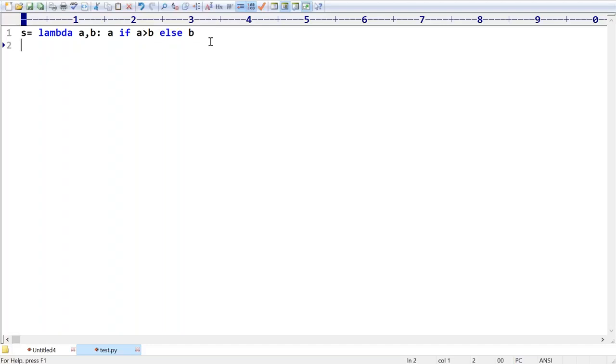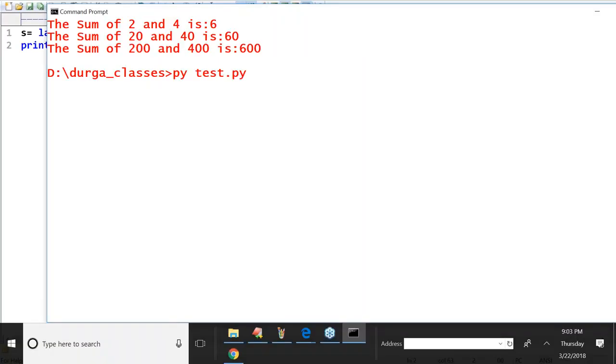So now I'm taking print of the biggest of A and B is, like this. I'm taking format of 10 comma 20, like this. Observe a bit carefully. What is the biggest?